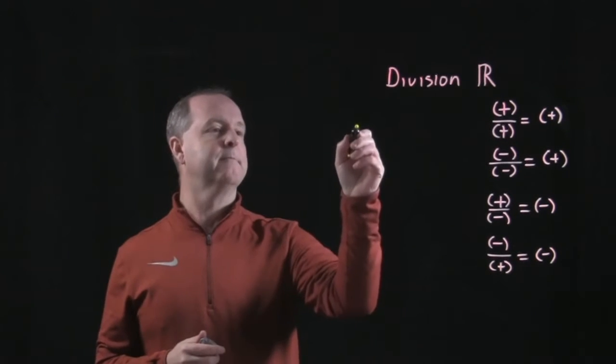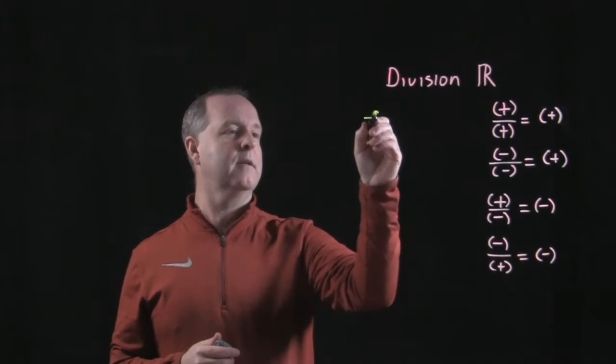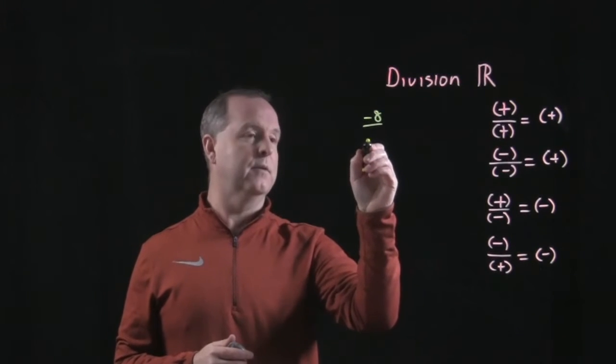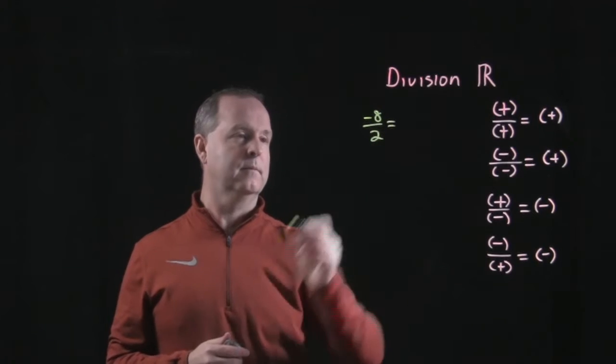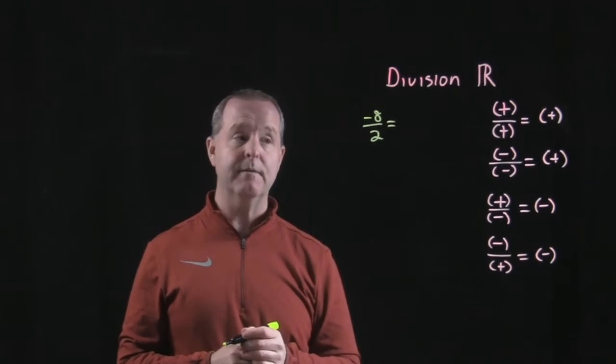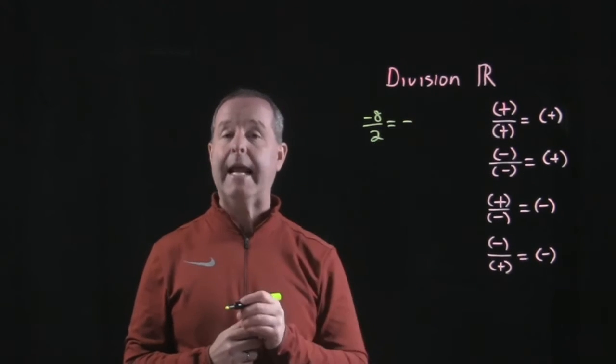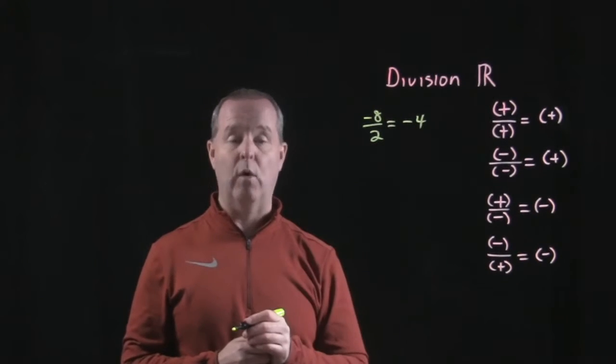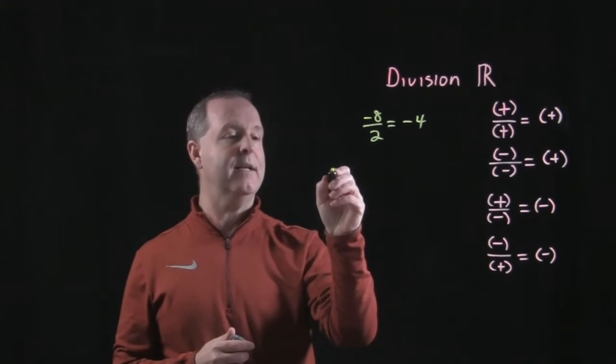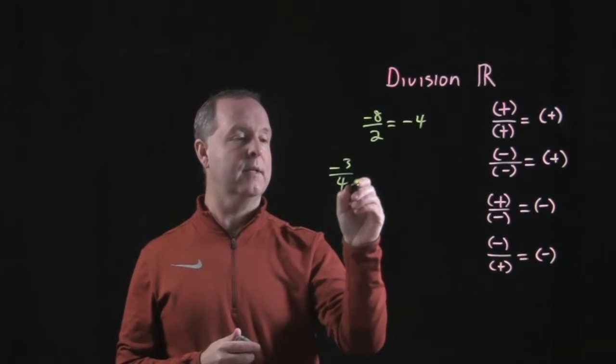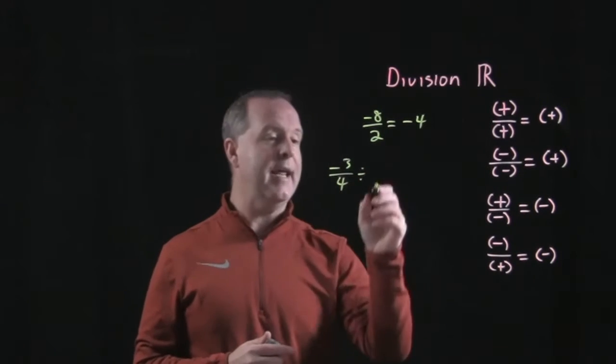Let's see this in play. Let's say that I have a negative 8 divided by a 2. So negative divided by a positive, my result's going to be negative, and then 8 divided by 2 is a 4. If I have a negative 3/4 divided by a negative 5/9,